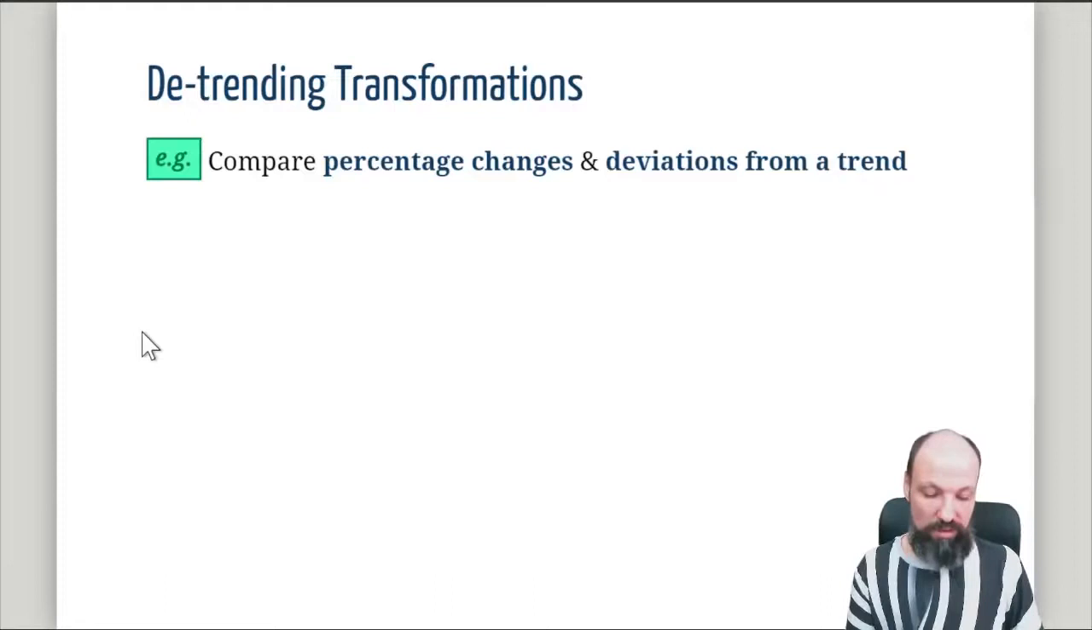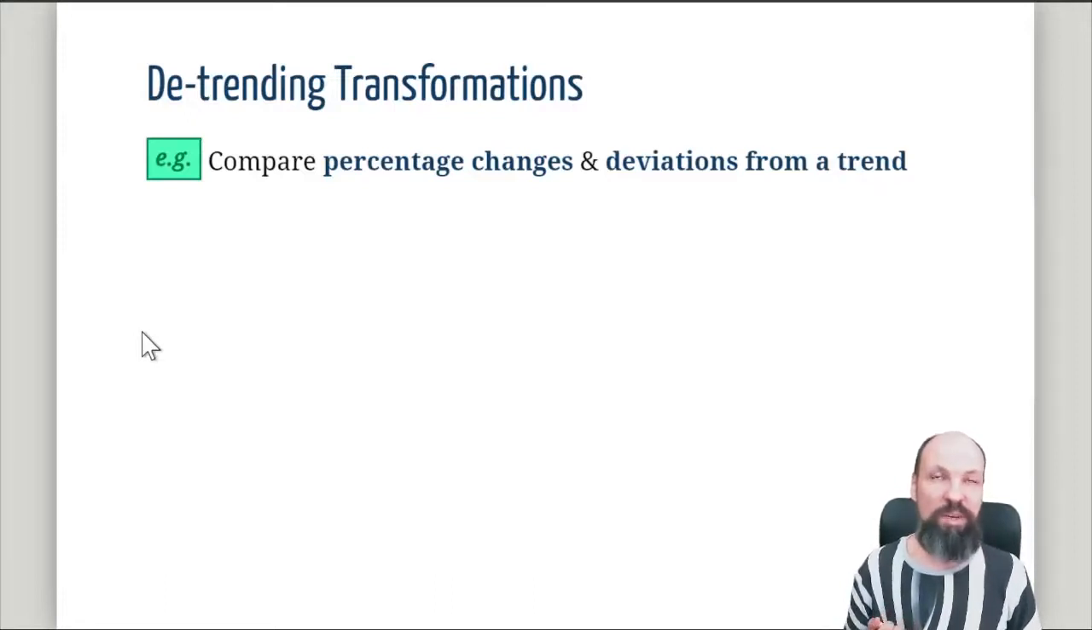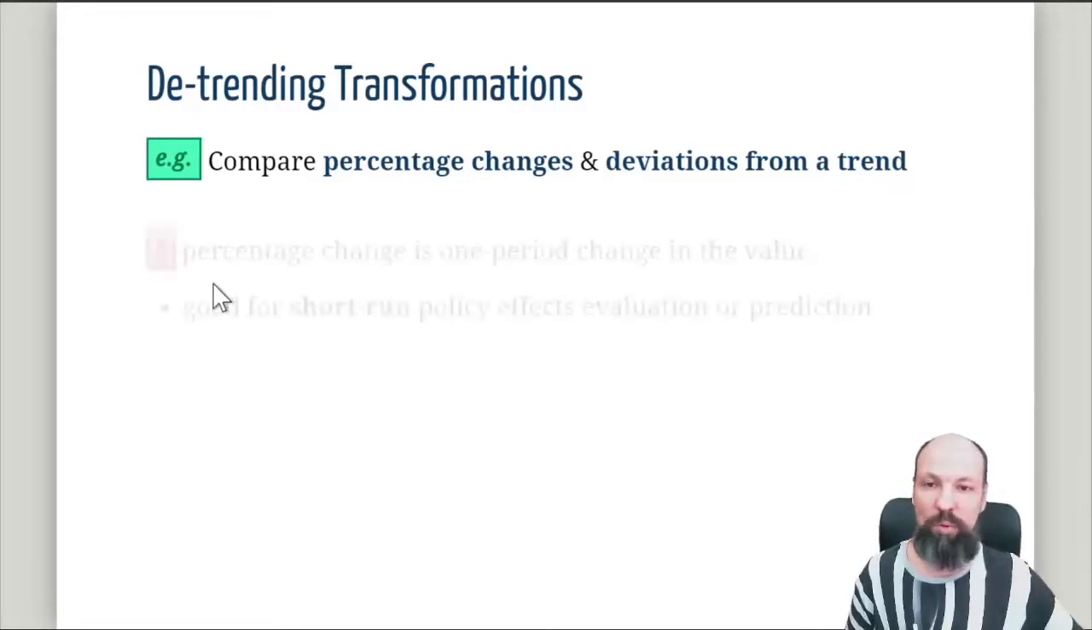And another meaningless transformation, unfortunately, is still often used, and you might see it even in not really science-based analysis, in maybe some popular explanations about trends and so on. It is to compare percentage changes and deviations from trend. What a deviation from a trend is, we will see